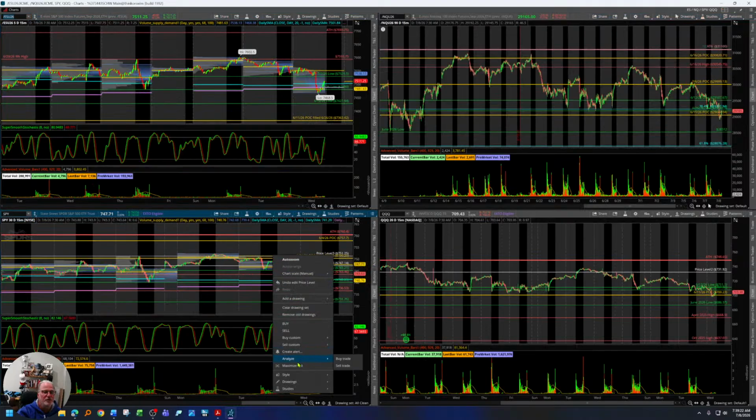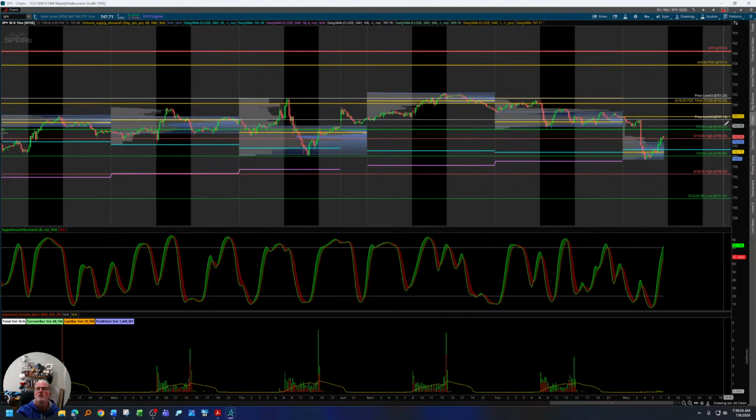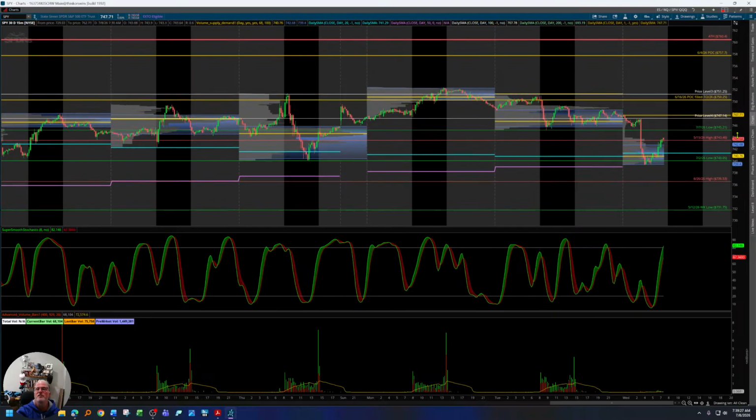The SPY is going to give you the same chart, but different numbers. Same thesis here, 745.21, yesterday's low. You could get some resistance in there if you can break and hold above that. This little speed zone right here in the pre-market, you could pop back into yesterday's close, 747.71, if you get above that. Again, a previously filled point of control at 750.25. And then above that, I think you can push up into this open point of control at 757.70, and then back into previous all-time highs. Right? Great.